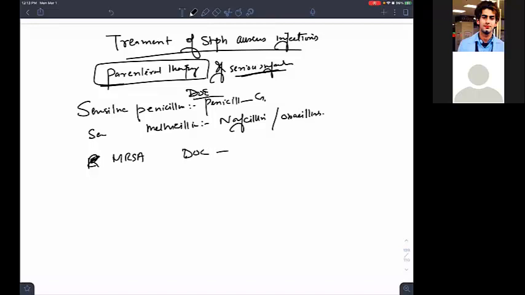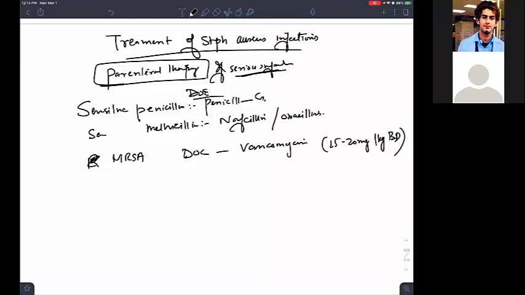We have learned it. Please, who can tell me what will be the drug of choice? That's a beautiful answer, Sharia. It's vancomycin. So what is the dosage? Dosage you don't remember, isn't it? So it's, I think, 15 to 20 mg per kg BD. Is it okay? Okay.